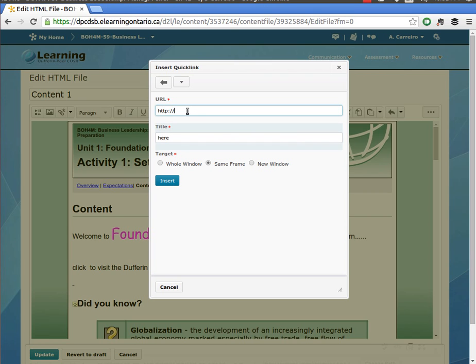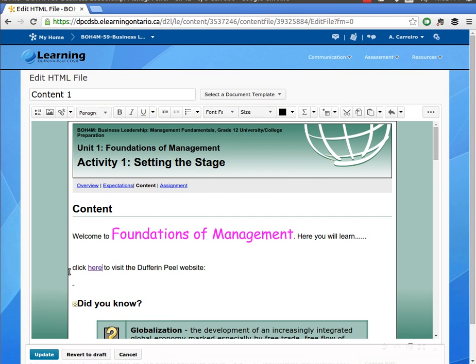Right, to visit the Duffer & Peel website. And that will insert the text. So just a little glitch or